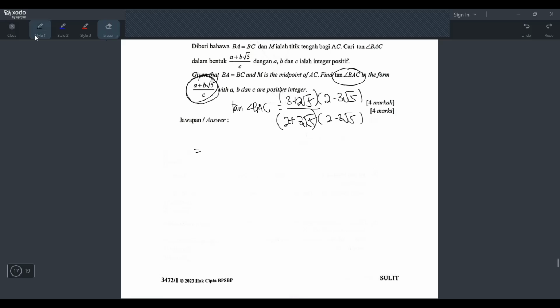Okay, let's draw a line here. Let's take the bottom multiplied by the bottom first. So what is 2 times 2? It will be 4. And then what is 2 times negative 3 square root 5? It will be negative 6 square root 5. And then plus with,